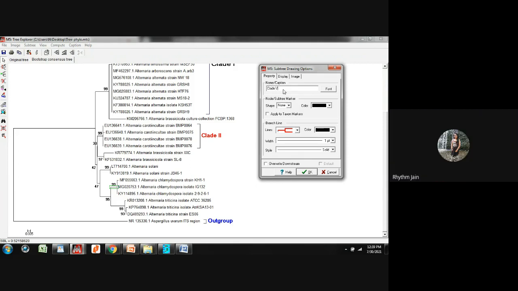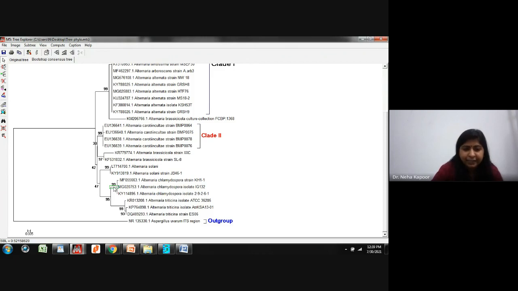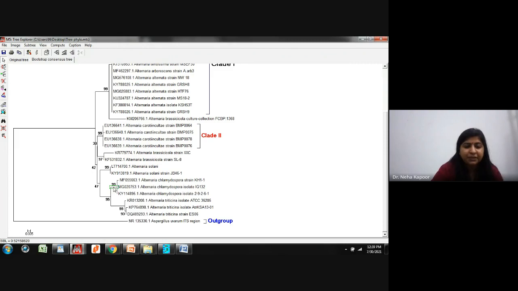Ma'am, you right-clicked on this 99 part. Yes, not 99. Herein you need to select this branch. Okay, see, herein you can see the green square. Wait, you need to click here. The green will appear. Then you need to right click, selected subtree.